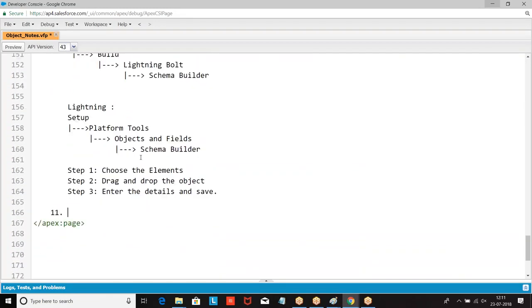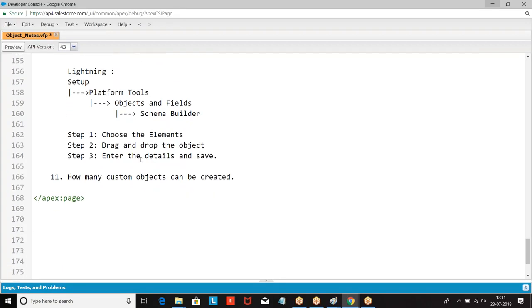Okay. Now, how many custom objects can be created? Answer: it depends upon the edition we purchase.